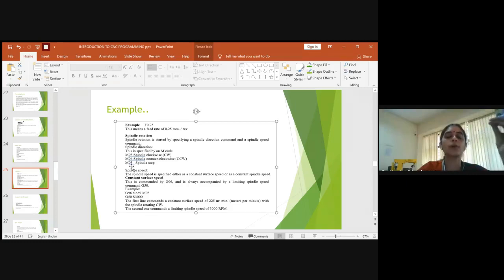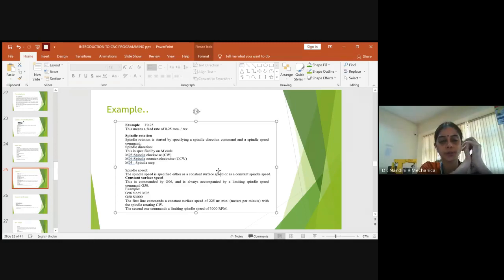So M05 makes the movement of the spindle stop all of a sudden, irrespective of what operation is going on. If you type M05, the spindle movement gets stopped. So even the operation which was being performed will be stopped for some particular period of time until you type spindle on again. So this is how we write the syntax.